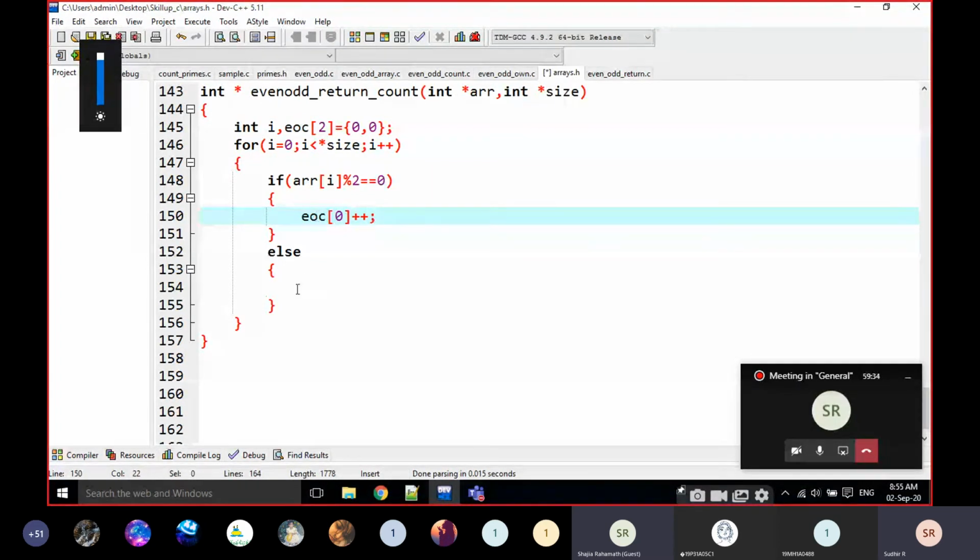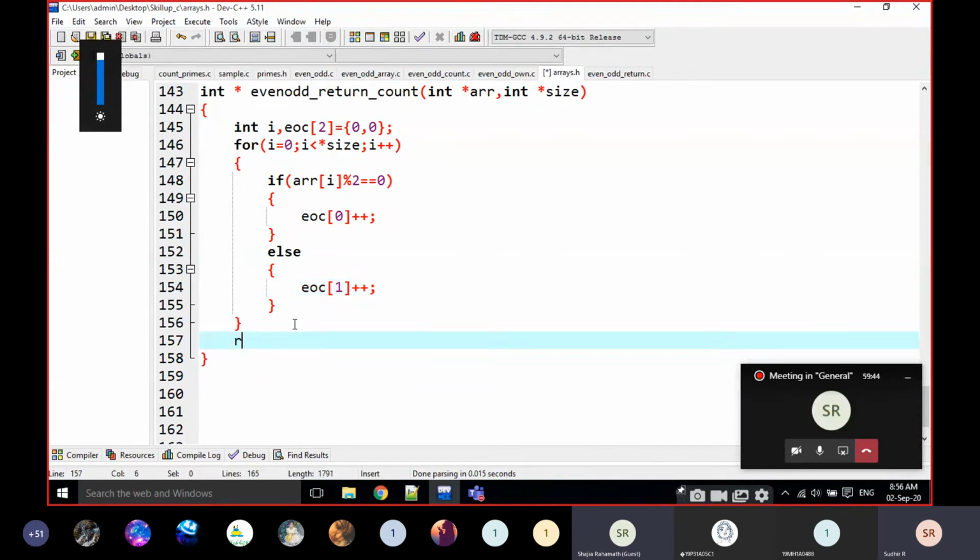Plus plus. I am going to return EOC, and instead of that one I am going to change the size is equal to 2 here.